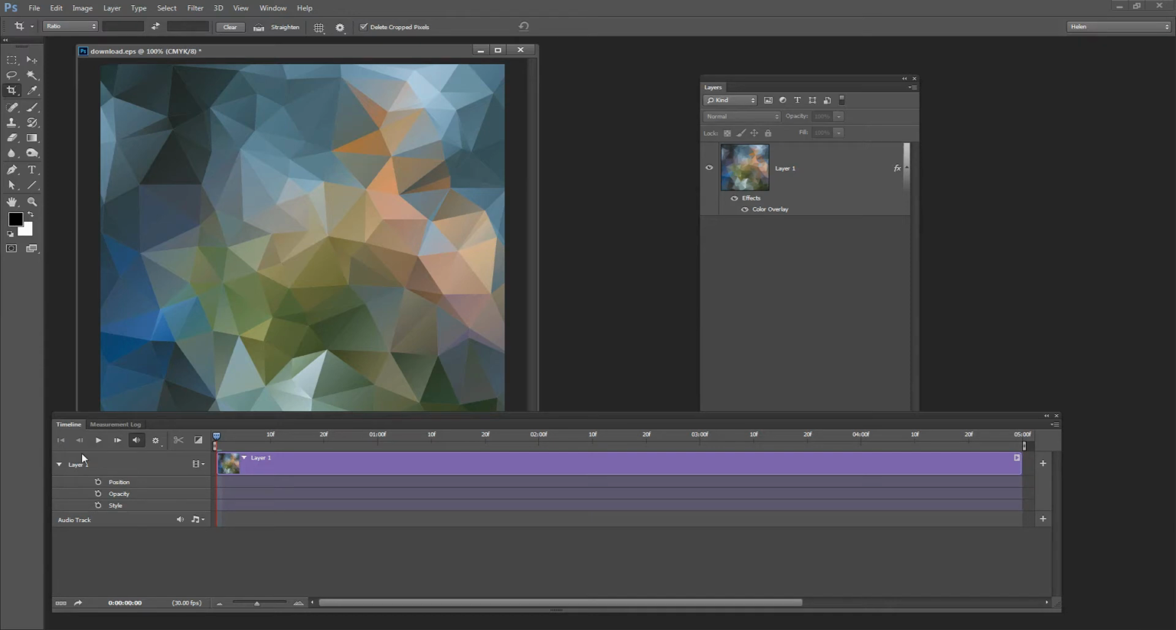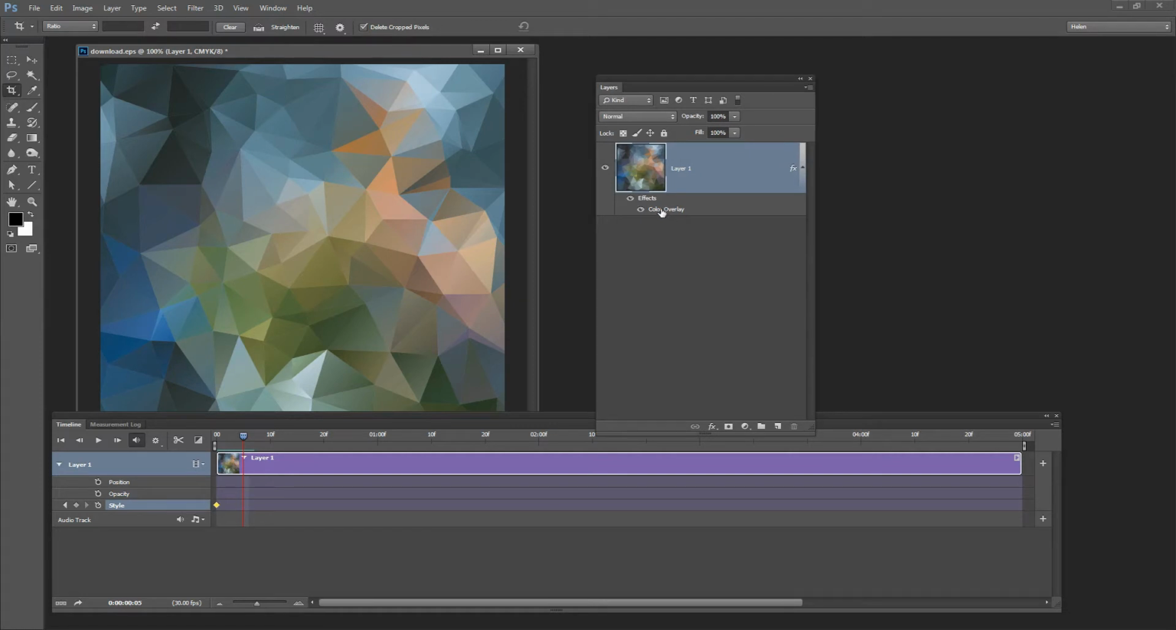So I'm going to open this up here and go to the style because we're working with style. I'm going to click the stopwatch because that means Photoshop's going to track what I'm doing, and you can see that it's added a keyframe in here. So I'm going to move this forward to about half a second, and I'm going to make a change at this point. So I'm going to go into my color overlay style,